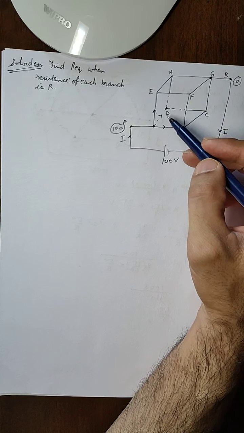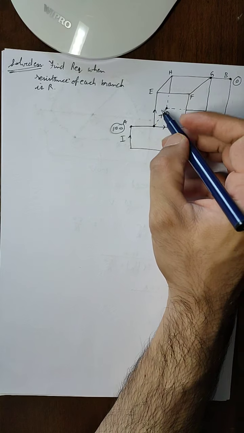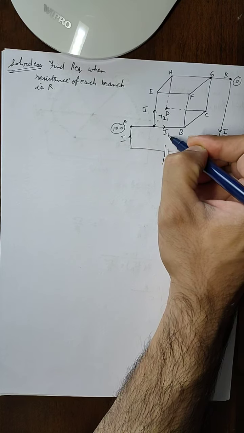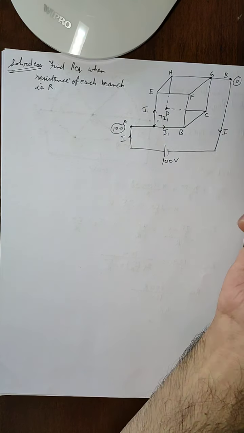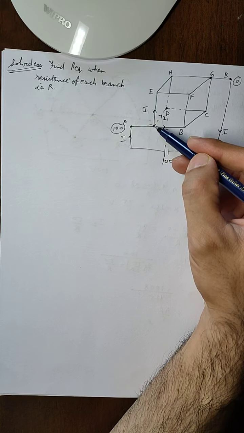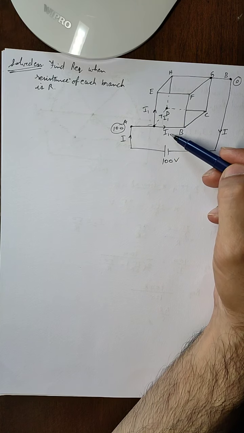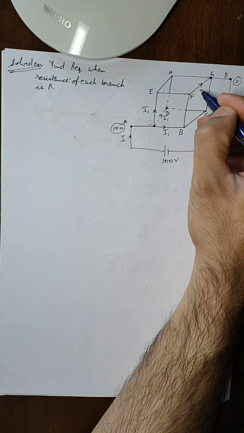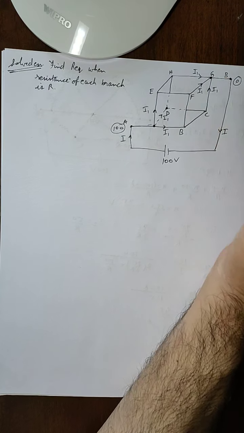So we can say, since the number of resistances is the same, the value of resistance will also be the same, and that means this current I is divided into 3 equal parts. So let us say this is equal to I1, or we can also take I by 3, whatever is convenient for you. Here I am taking the current I divided on this junction in the values I1, I1 and I1. So that means the same current should come out of here, so the value of these currents are also equal to I1.